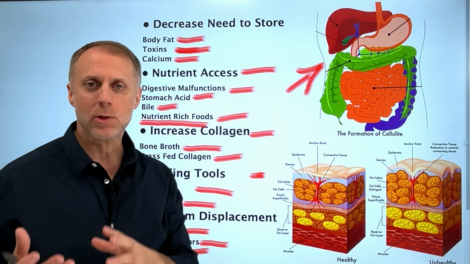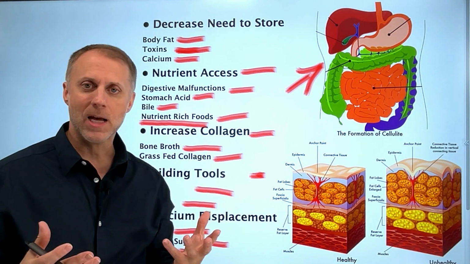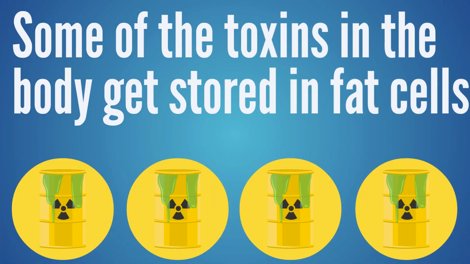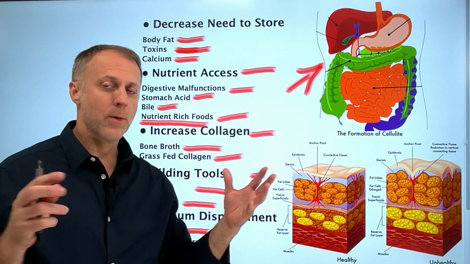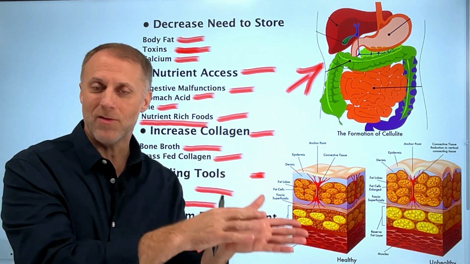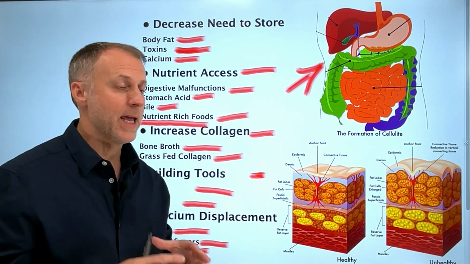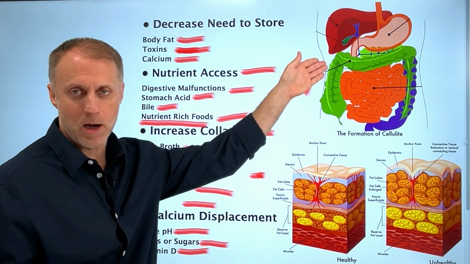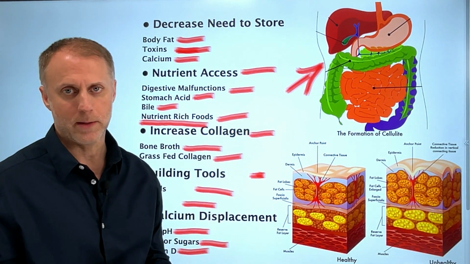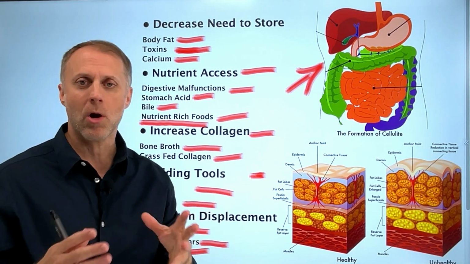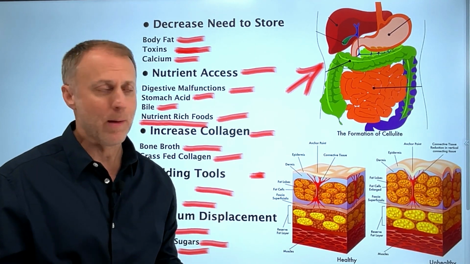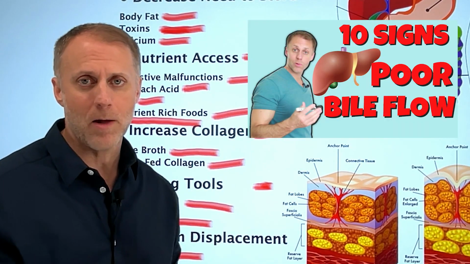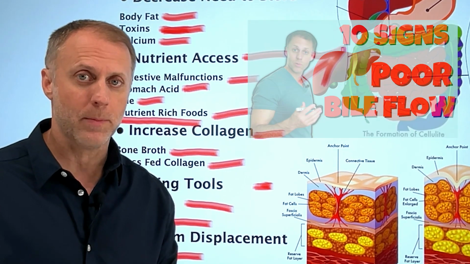And then the liver gets overwhelmed, and then a lot of these toxins, the body's going to be like, well, what else can I do with them? Oh, I'm going to shove them in these fat cells. Sorry about your cellulite. So the body can take some of these toxins, shove them in a fat cell for safekeeping in hopes that they remove it later, but the coast is never clear because the detox pathway is not working correctly. So it's really important that we make sure our bile is flowing correctly. And we'll put a link in the description below for our video on 10 signs of poor bile flow so you can see if that might be a problem for you.